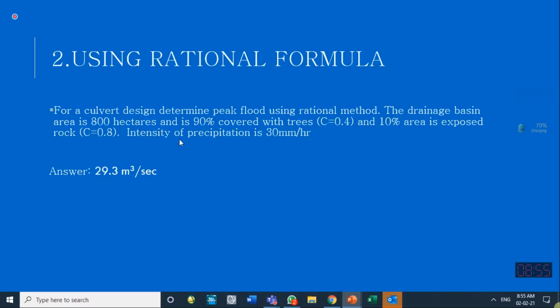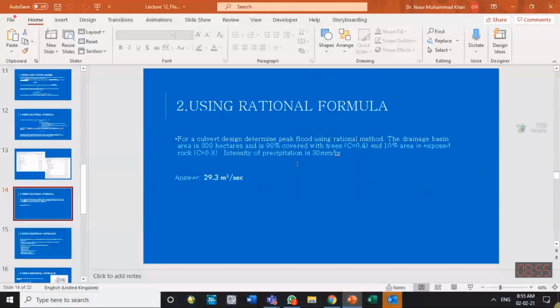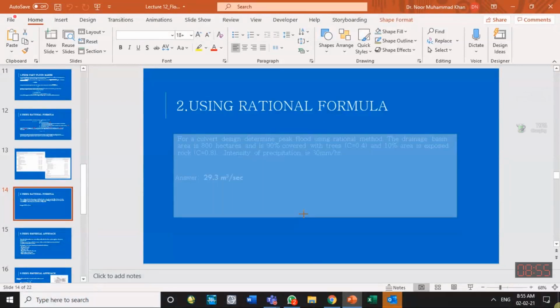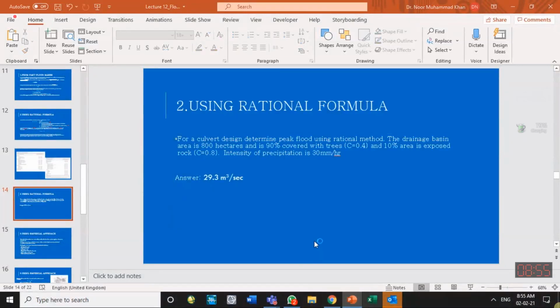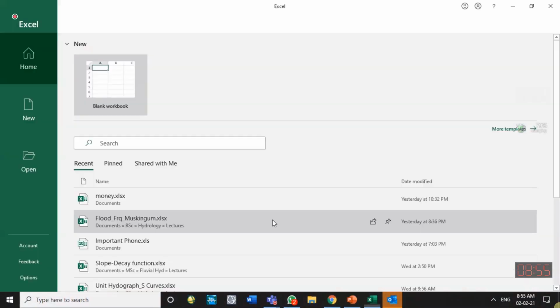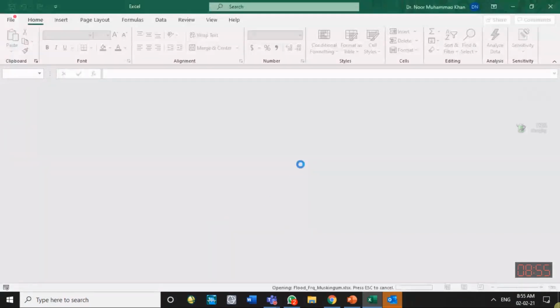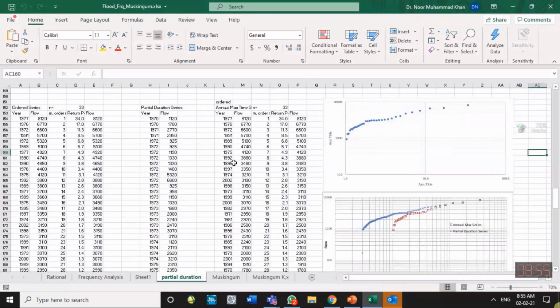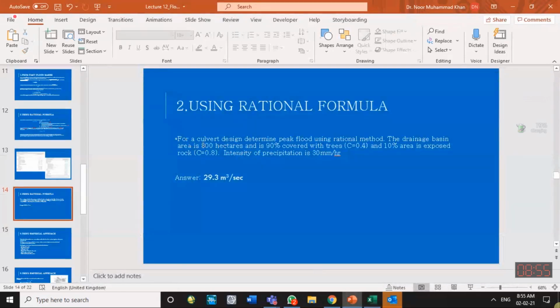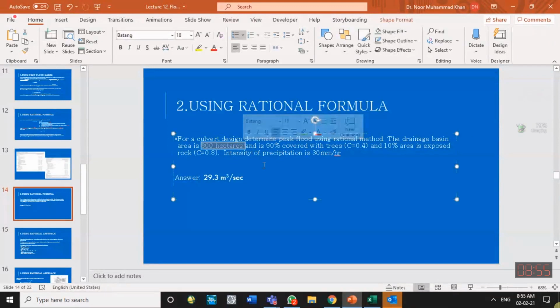So the intensity of the rainfall is 30 millimeter per hour. So this has to be calculated. In this formula, the one used will be that which is good for the SI system. And 1 over K times CIA you have to calculate, and take care that you select suitable units and convert into suitable units. For example, I could have given you area in acres, rainfall in inches per hour, or area in square miles, or square kilometers. Then you have to convert them into the suitable units, which should be taken care of.